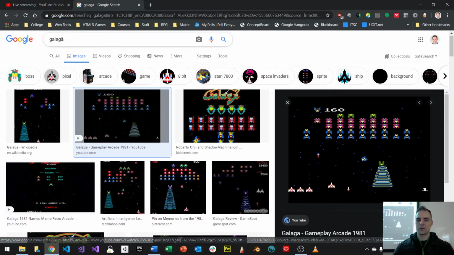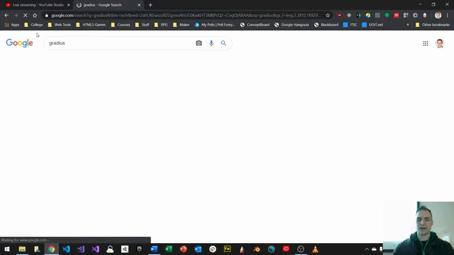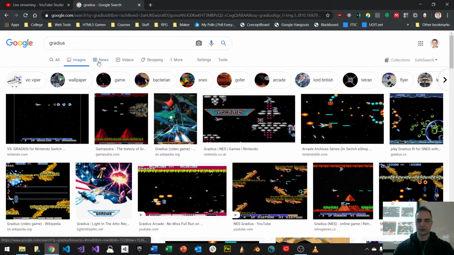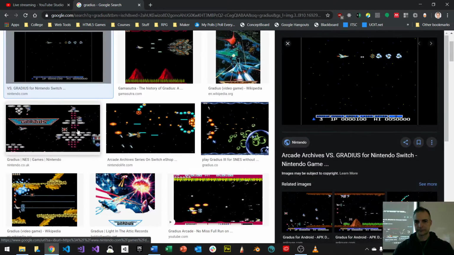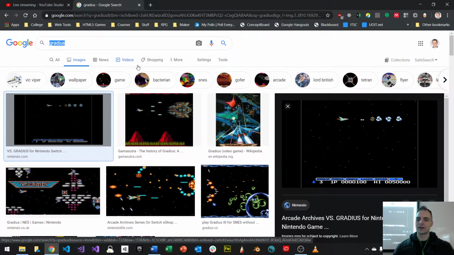And that's cool. Or maybe you feel like making something like Gradius, right? Gradius is, again, an older kind of arcade game. It kind of looks like this. And you have a level, and you have a scrolling star background in the background, and some other stuff. Or maybe you really want to make some other kind of games that are very similar to that, like an old arcade game that you like.